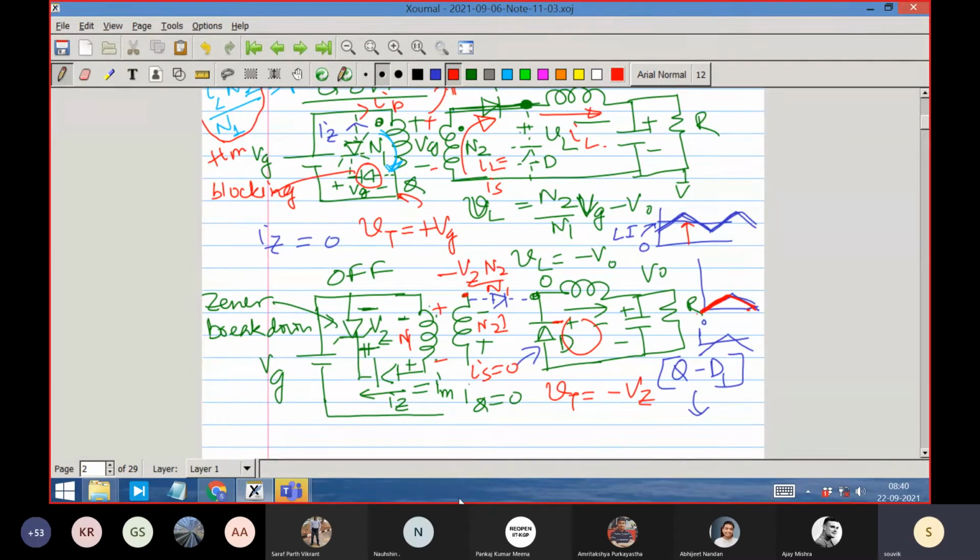Then the designer said, don't worry, I will give you a path. So the designer gave a path through the diode and the Zener, and just a diode would not have been enough, because just a diode means its voltage is 0. That means its flux would have remained here. It would not have changed. So it has to give a voltage which is negative. And the designer said, well, I will give a voltage which is negative. That is the Zener voltage. I will put the Zener cathode in this portion and anode in this portion. So you are also happy. So everybody is happy. All the physics related to their parts is consistently supported.